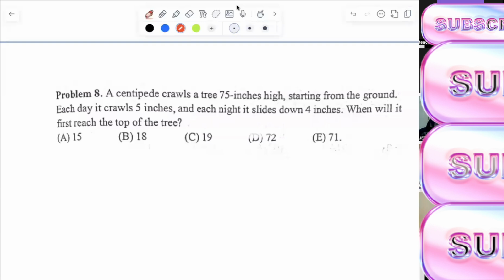So it's not A. It's also not C. Well then,